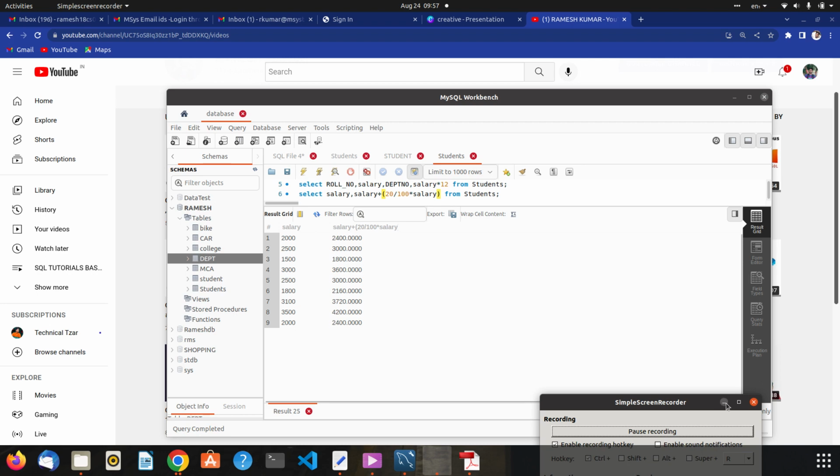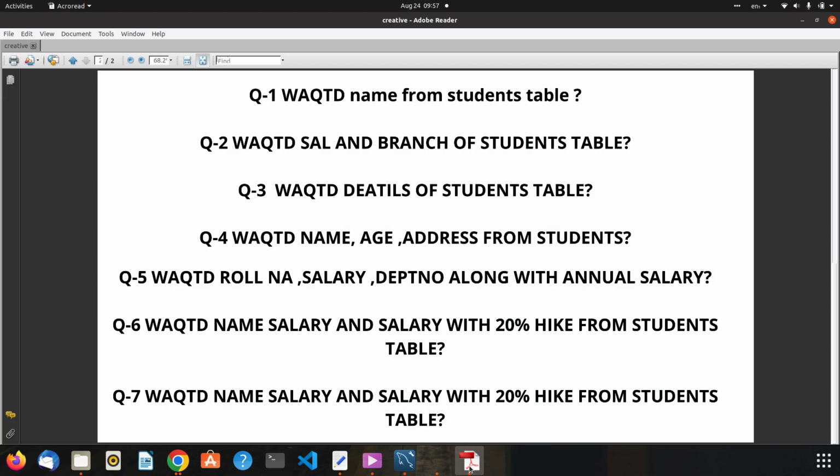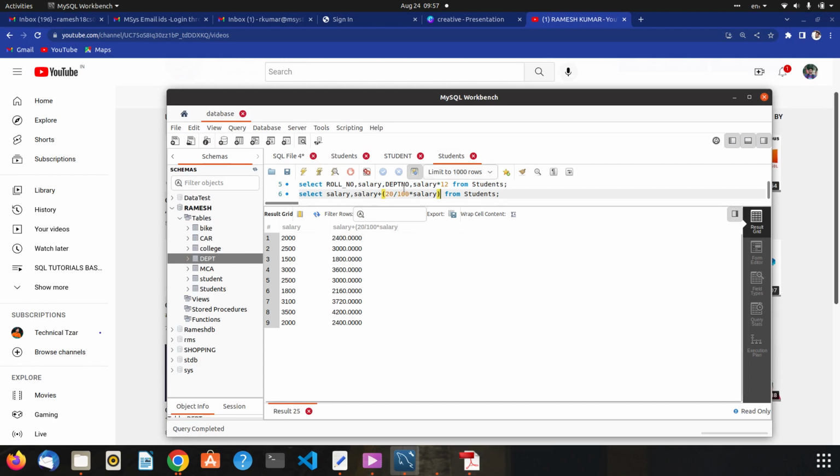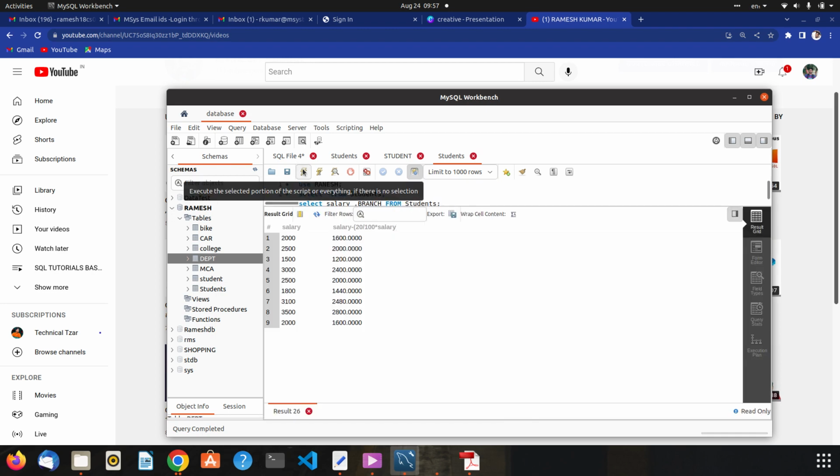Okay guys, so our hike is completed, and the next question is how to do a 20% deduction. If you want a deduction, then we write the negative of this. When we run this query, it shows the deducted salary. So first of all our salary is 2000, and when 20% is deducted from our salary, it becomes 1600. So that's all about today's practice.